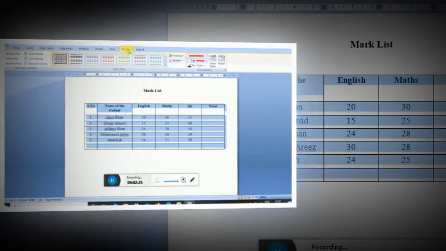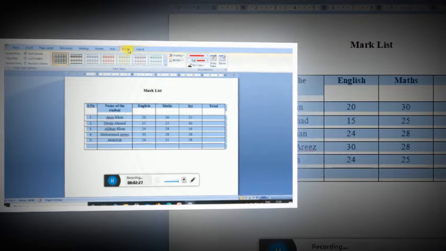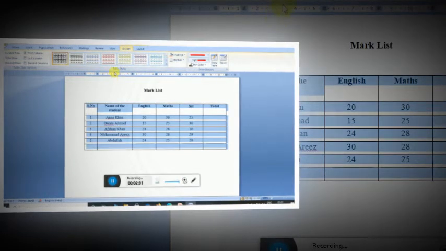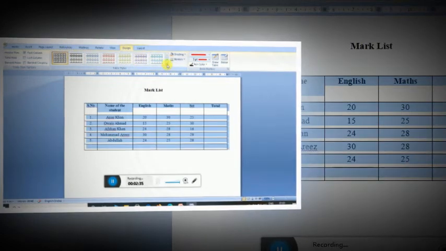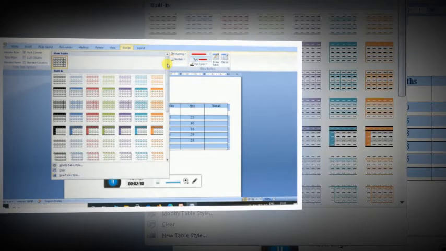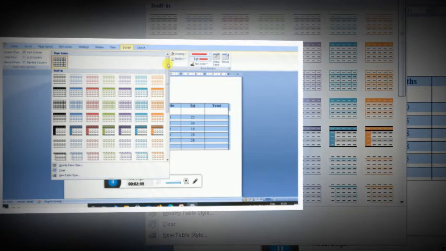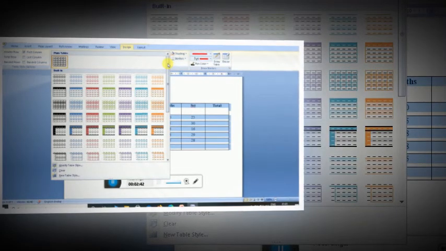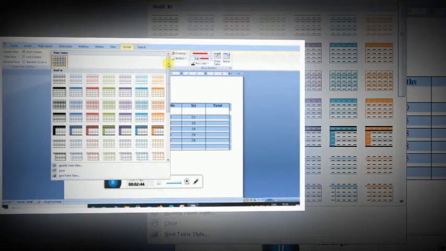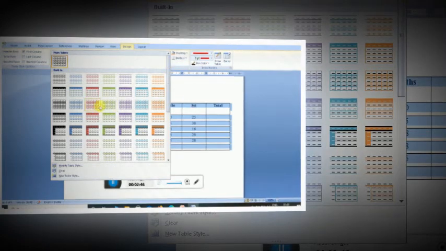Now look at the table style group. This one is the different table styles. Just choose. Now there are many options for different table styles.